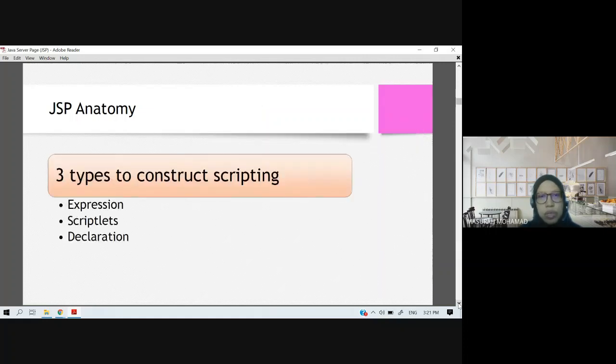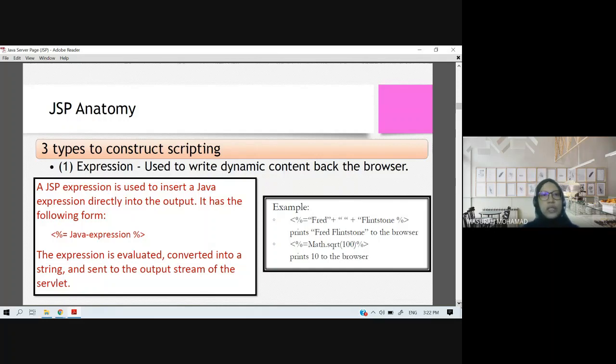To construct the script of JSP, we need these three types: expression, scriptlets, and declaration. These are the most important three types to construct the scripting. The first one, you can use expression. So how do you write an expression in JSP? You need to use the following format. Start with a percentage sign followed by the equal symbol, and then you write whatever Java expression that you want, and then close by